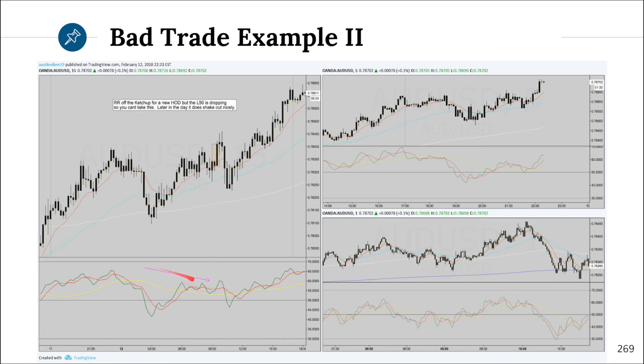However, because that liquid 50 is dropping, you can see it throws 2 pins high and then turns right around and would easily stop you out. So this is an example of being able to avoid a bad trade, a trap move. This is a trap move because you're not wrong on the direction. You were right that he's got to go long today, but you were just early.